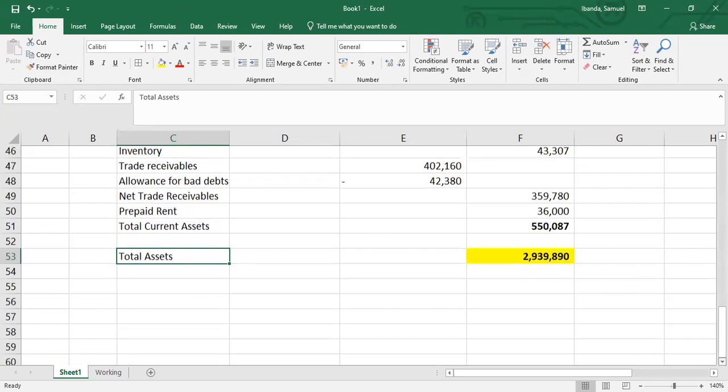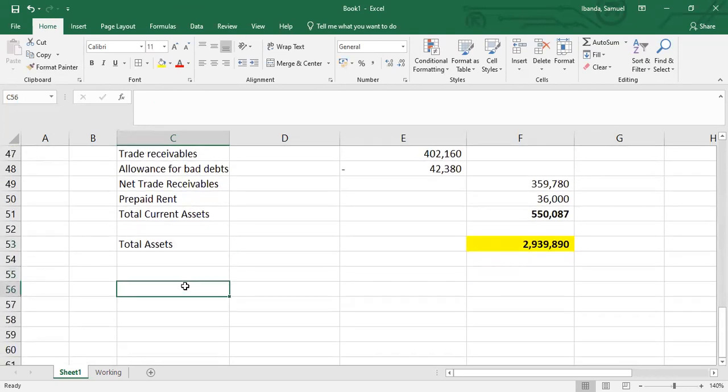Now, the next thing that I'm going to look at is equity and liabilities. So for equity, the reason why we drew up our statement of changes in equity